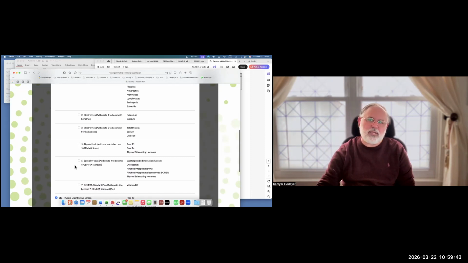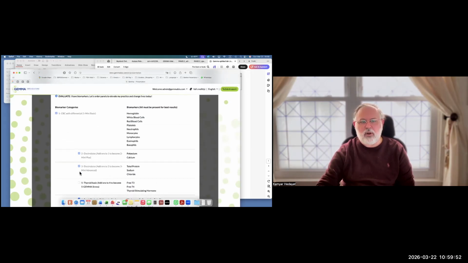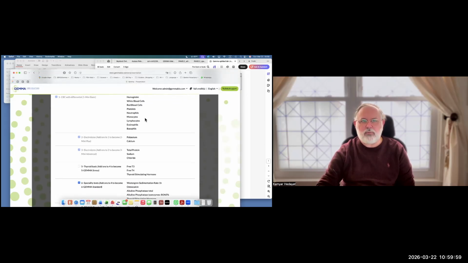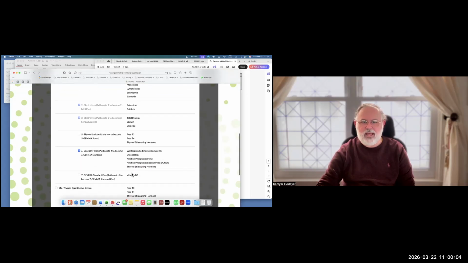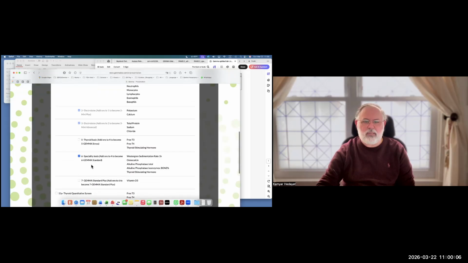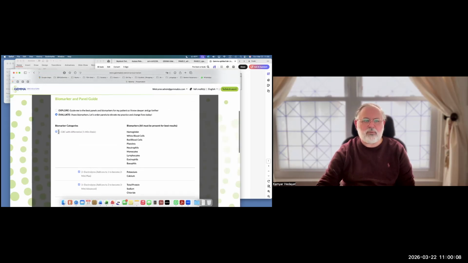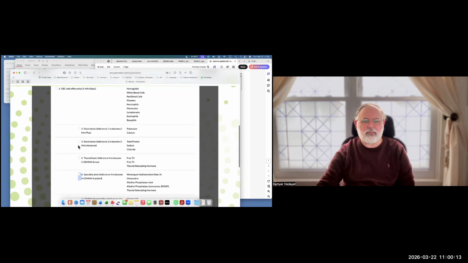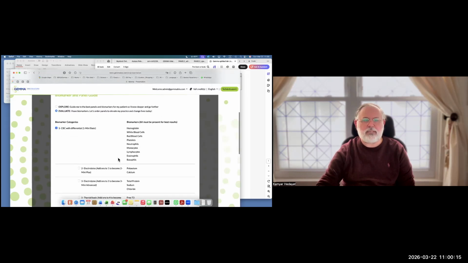Let's say you want to do an anxiety panel level 3. Well, this requires a level 6 panel. And you see that all these others are checked in the background, which means not only do you need to have these labs, but these labs, and these labs when you go to the next step. But for right now, we just want to do a level 1. So I'm going to uncheck this, just check level 1,